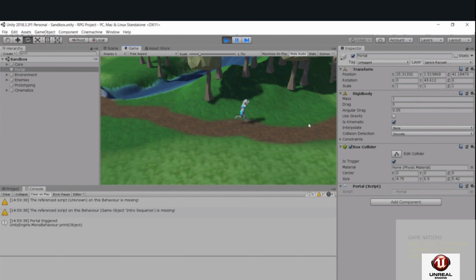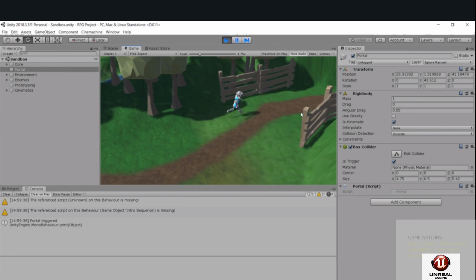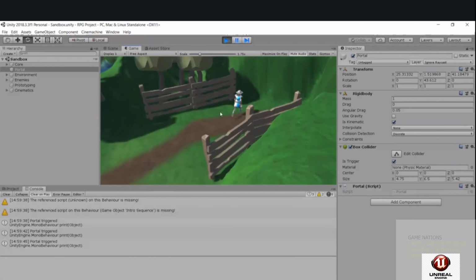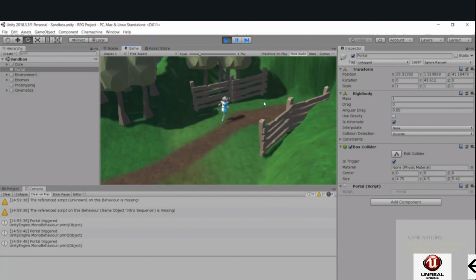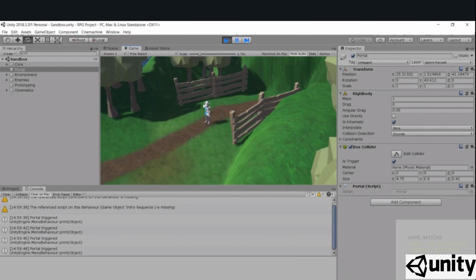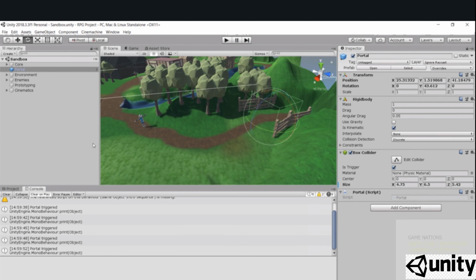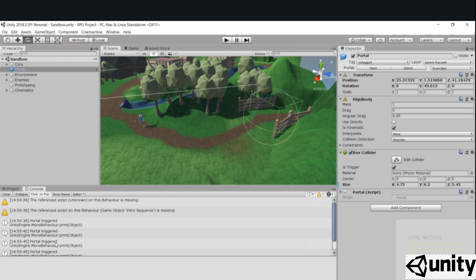I am noticing some other errors. We'll get to these in a second. Okay, it did get a portal triggered notification. So that seems to be working as we would like. Getting a portal trigger each time we step inside that portal. Cool. So the next bit's going to be a challenge to you, but before we do that,